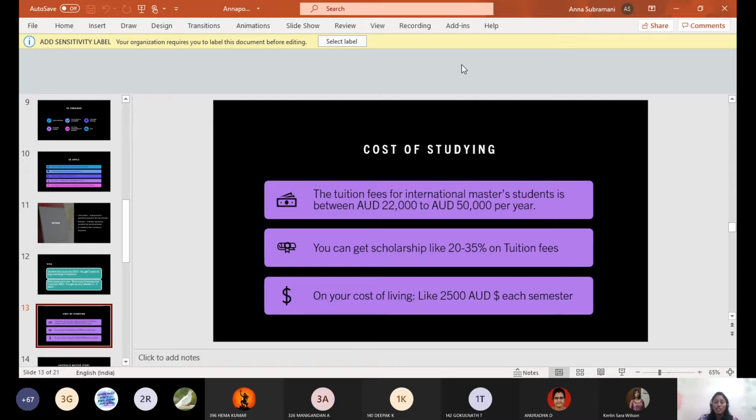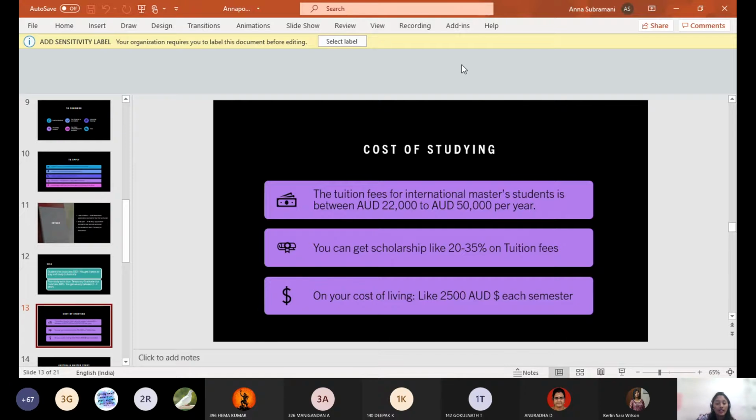And as I mentioned, you get a scholarship based on either your marks, or your experience, or your interest. If the people assessing your application feel that this person is really interested in doing the master's, they give you a scholarship. So you have to apply for the scholarship. And also it's like first in, first served, whoever comes first gets served.